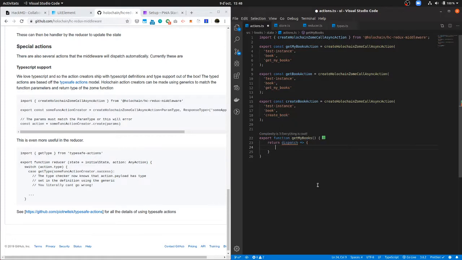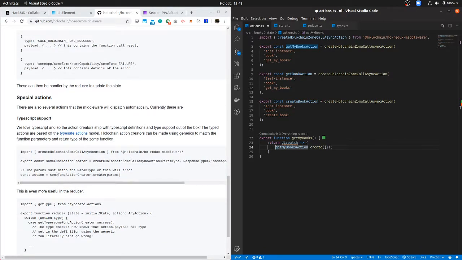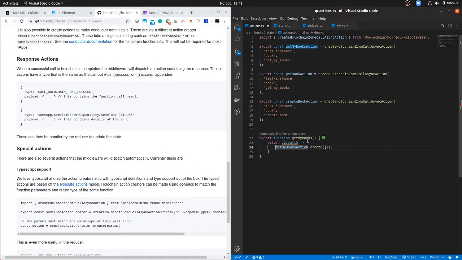So what we can do is get my books action creator, and we have no parameter here, so that's good. So we can dispatch this actually, right? Yeah, we can dispatch this. Dispatch. Right, and then